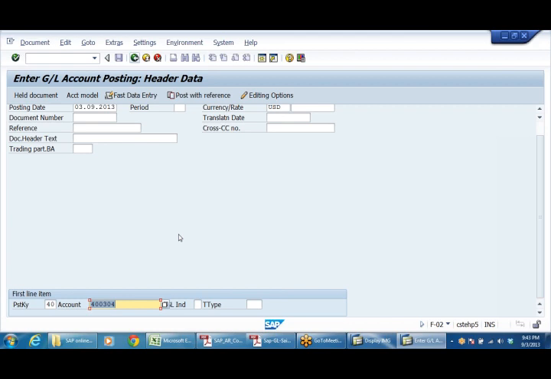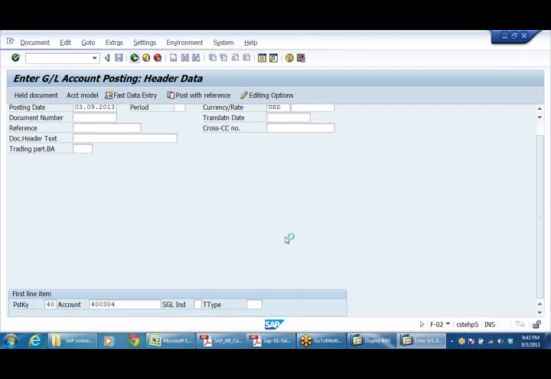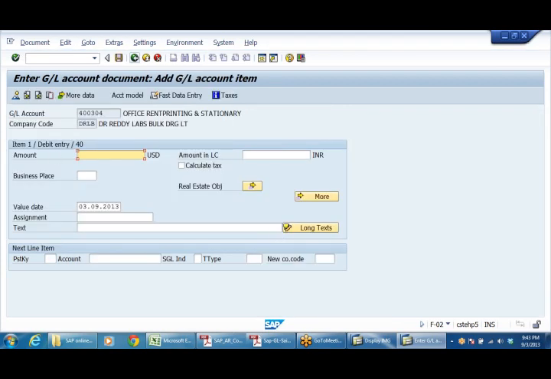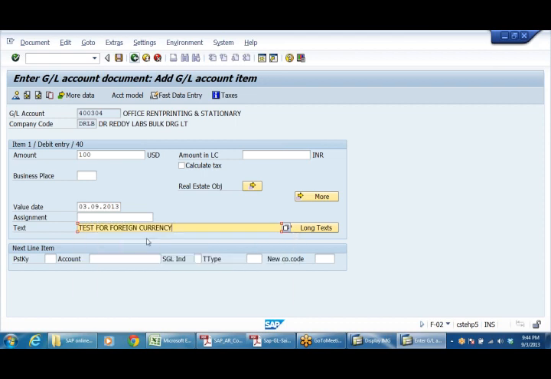We are paying in US dollar, right? Currency US dollar. Press enter. Then the system will show you amount in USD, amount in local currency. Say for example, I'm posting 100. Test for foreign currency.